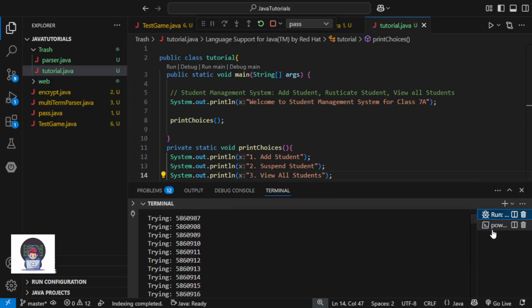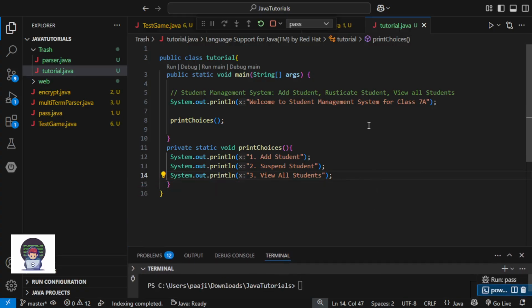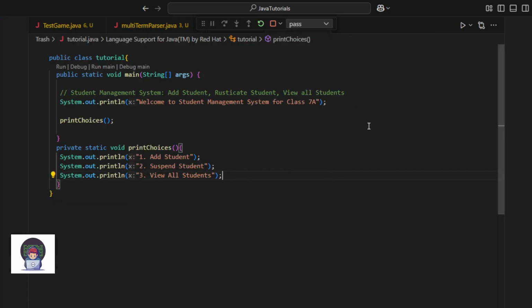Let's see what's going on here. It keeps on going. Okay guys, I want to do one thing. If you are using VSC, that means Visual Studio Code, on your keyboard press Control K, and then don't press anything, and then press Z. This will open Zen mode. Okay, so this just reduces distractions.